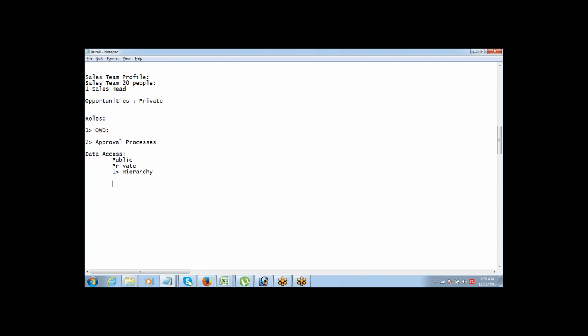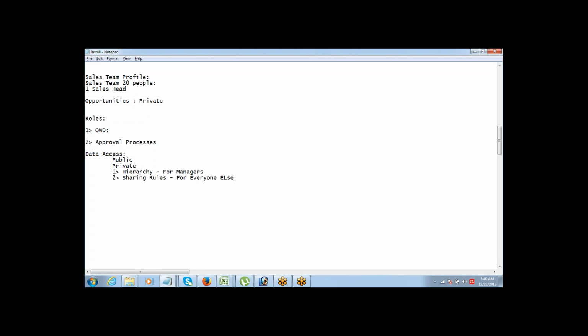Second, if someone else who is not my manager needs access to my data, then give it through sharing rules. This is for managers. This is for everyone else.